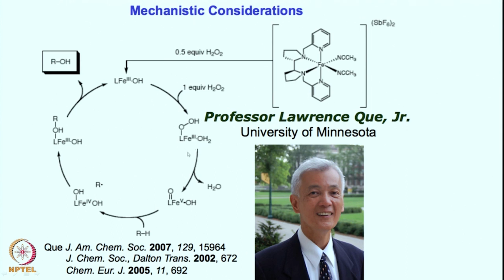These iron 3 hydroperoxo species can undergo oxygen-oxygen bond cleavage to form iron 5 oxo-hydroxo intermediate, right. This iron 5 oxo intermediate is a super reactive intermediate, can abstract hydrogen atom from RH to give you R dot and iron 4 dihydroxy intermediate. This rebound between R dot and OH would give rise to the ROH product, right. So, this is quite phenomenal.